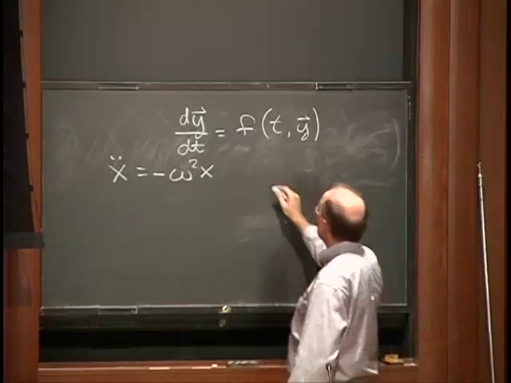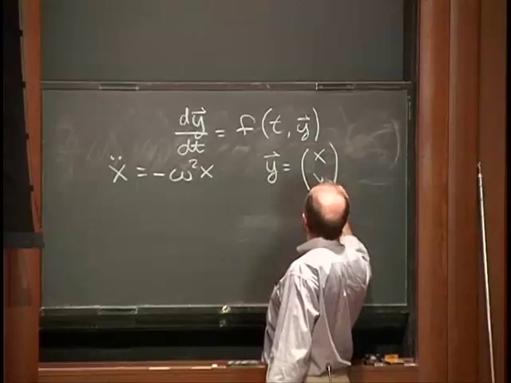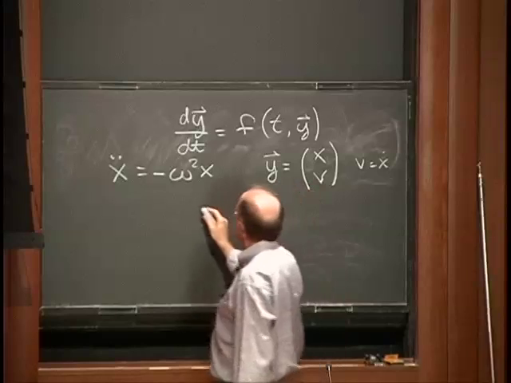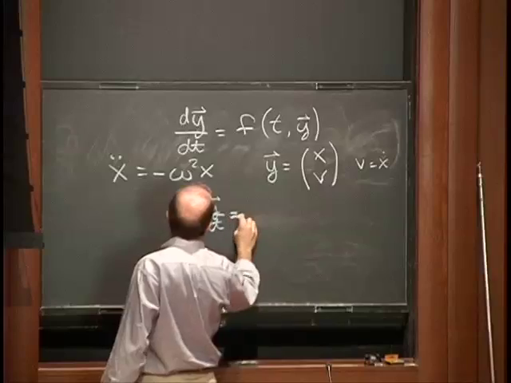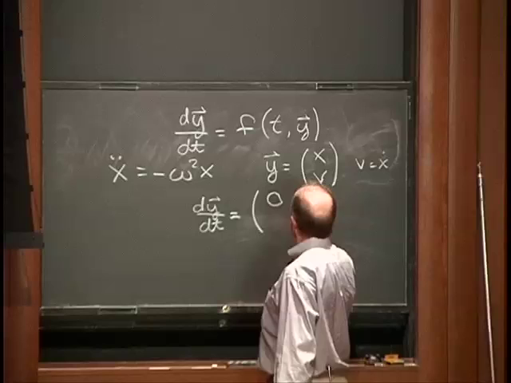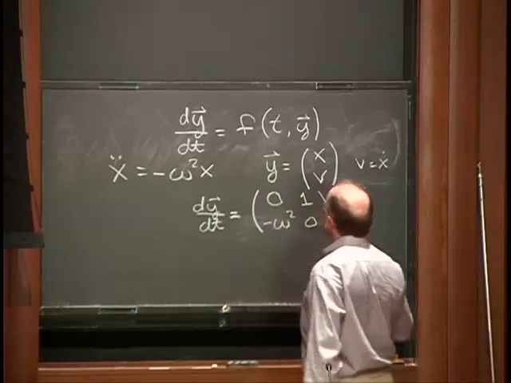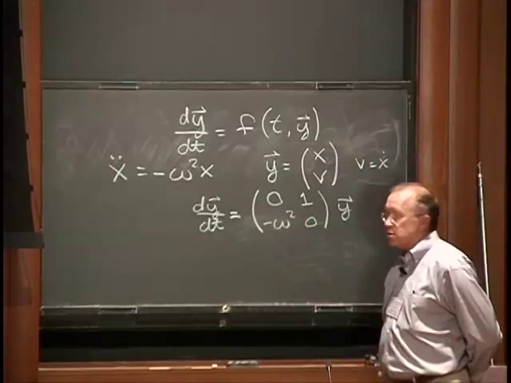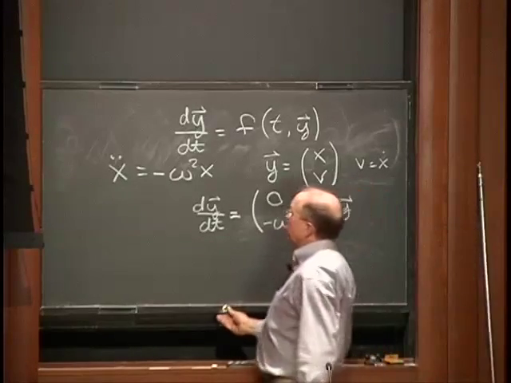In this case, the vector y is just position and velocity, where v is x dot. And the equation of motion is just that dy/dt is a matrix (0, 1; minus omega squared, 0) times y. The first row of the matrix just says x dot is v. The second one says that v dot is minus omega squared x. That one, of course, you can do